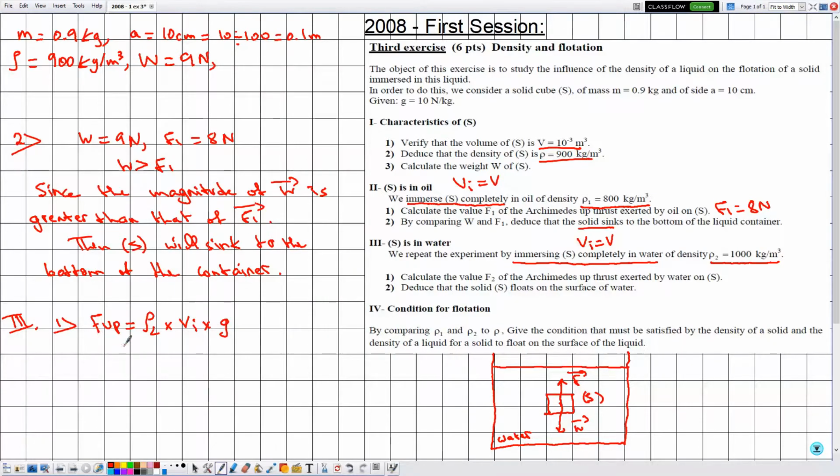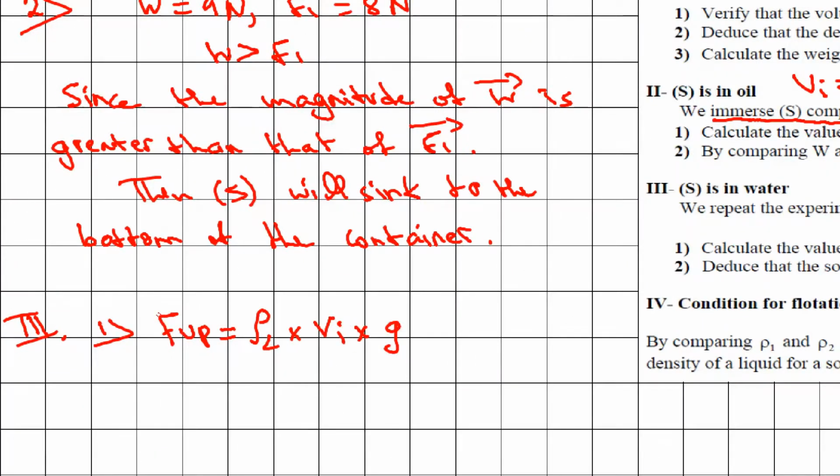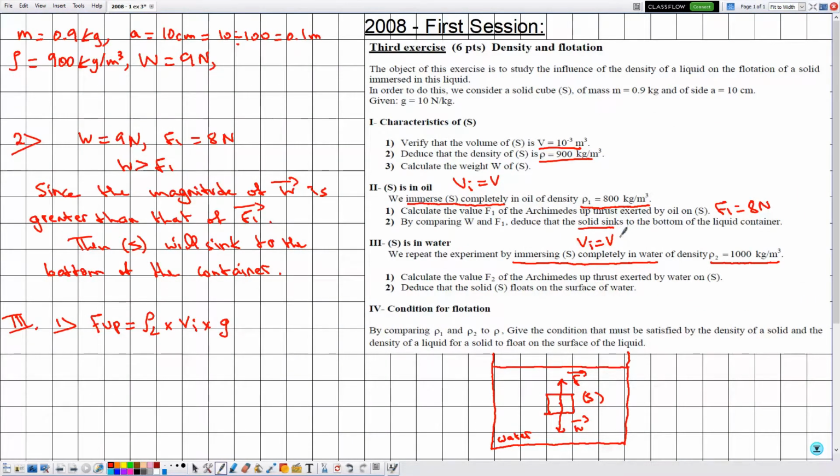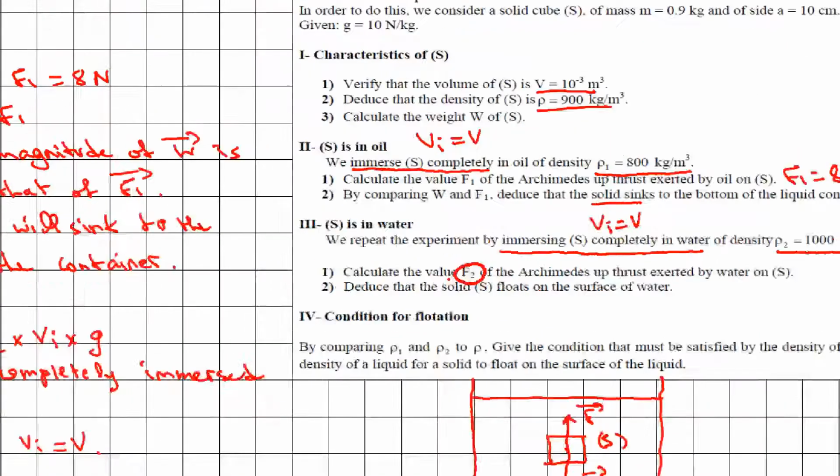Now, we need to justify that the volume of the immersed part is equal to the total volume V, because here the solid S is completely immersed in water. Then let's say, since S is completely immersed in the liquid, the volume of the immersed part is equal to the total volume V of the solid S. We are interested in determining the magnitude of F, denoted by F2, which is equal